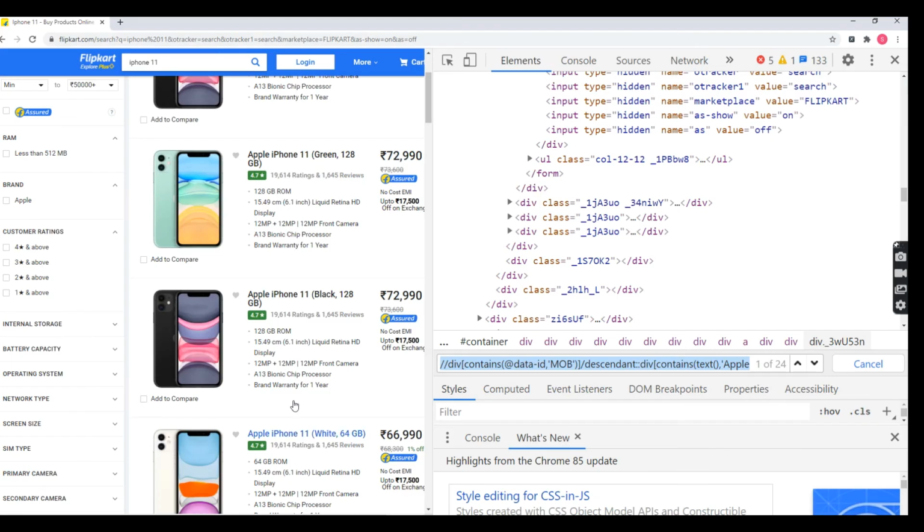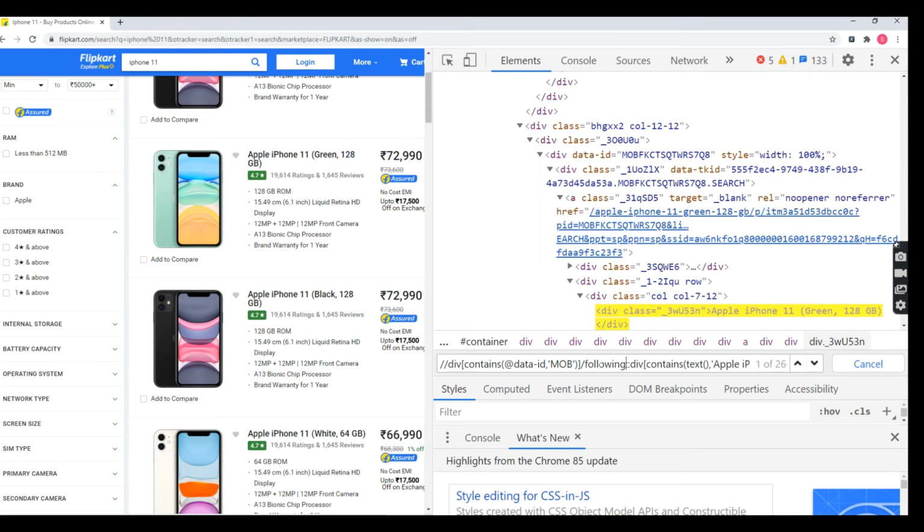So next I'm going to tell you about following. Here I'm using descendant in the same XPath. It will show 24 matched elements, correct? If I'm using following, what is the size? Before, when I was using descendant, the matched elements were 24. When I'm using following, I can see the matched elements are 26. How does it become 26? What are the two extra counts? How did the count increase by two?